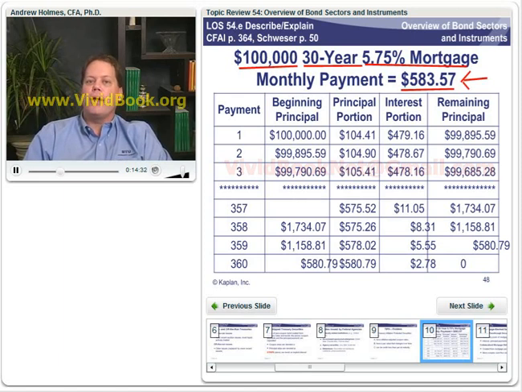So if we look at this, we're going to start with a $100,000 loan. We're going to be borrowing at 5.75%. Well, in 1 month, if we have a 5.75% annual rate, we take 5.75% divided by 12, multiplied by a $100,000 principal, and we get an interest payment in the first month of $479. That's a little discouraging. You make a $580 payment and $480 is interest. That leaves the other $100 roughly as a principal reduction.